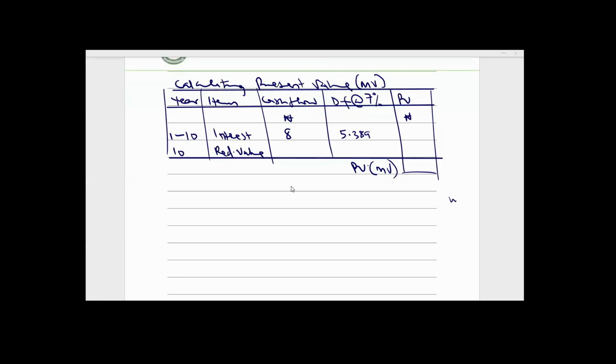Let me just write out the formula so that we'll be speaking on the same page. The annuity factor is calculated as 1 minus (1 plus r) raised to power minus n, divided by r. The r is the yield. The yield given to us is 7%. Therefore, 1.07 raised to power n, where n is the maturity date, which is 10 years' time, minus 10, divided by r. r is